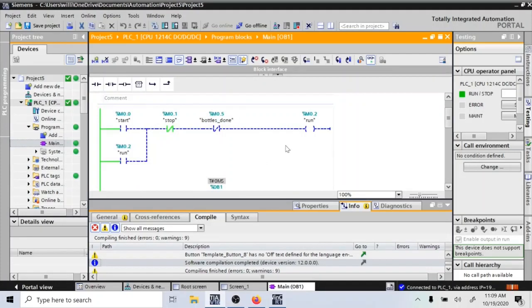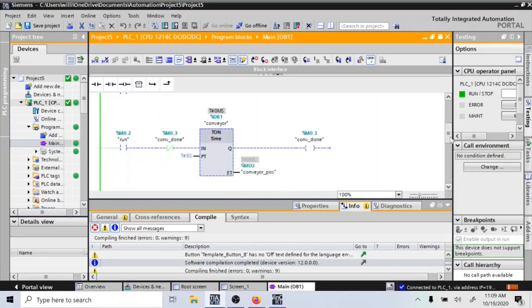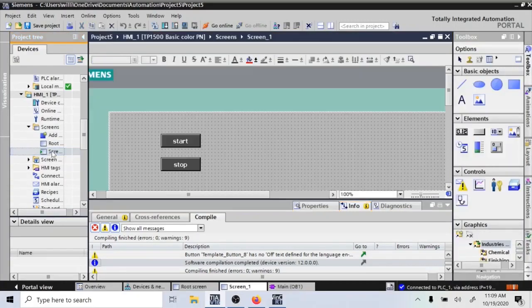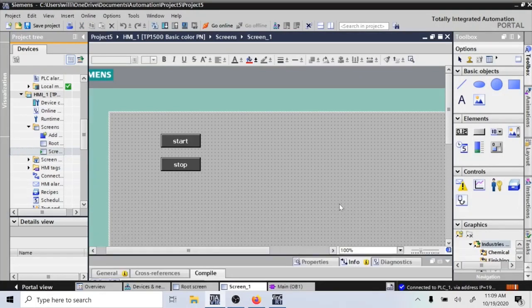So we have a program, and we're not going to mess with this program at all. Let's just go back to our HMI. Let's see what we can do. So let's go back to the screen. And now that we've got it up and kind of running, let's see if we can add to it. Let's get a conveyor on there. So under automation, under graphics,